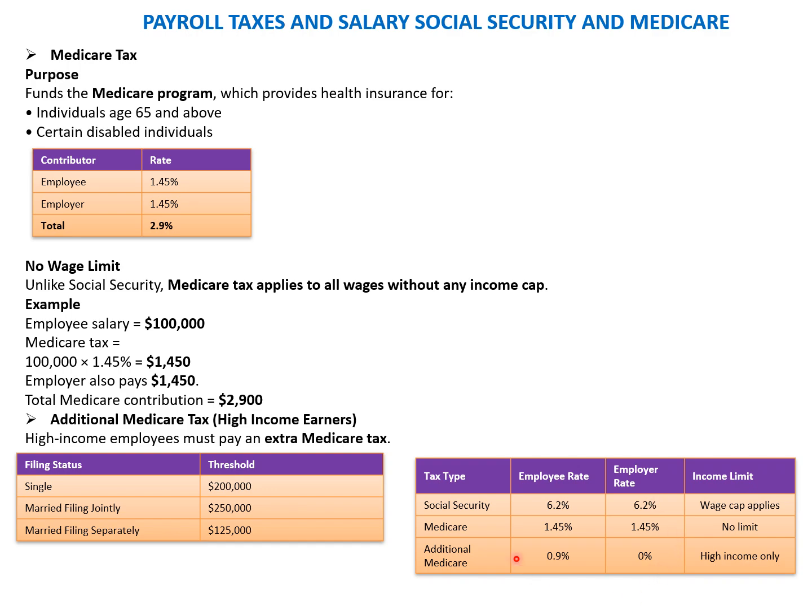So Social Security tax is 6.2%, for both employer and employee. Medicare is 1.45%, for both employer and employee. And for high wage earners, there is an additional 0.9% based on the threshold limit, above which they have to pay the additional Medicare tax. So with this, we come to the conceptual understanding of payroll taxes, which includes Social Security and Medicare tax. So we move to the next slide.